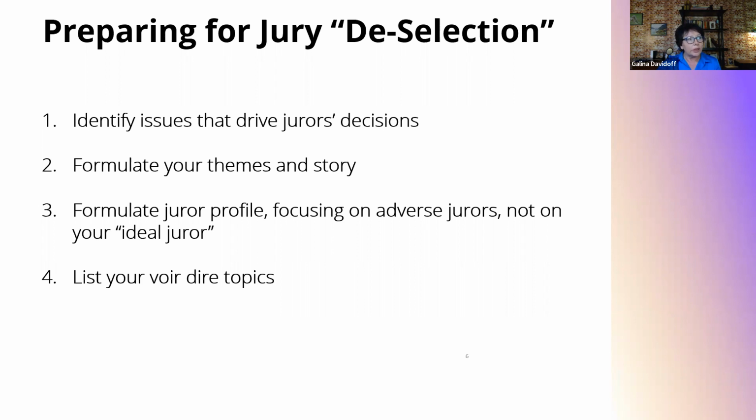And then after that, you list your voir dire topics. So your list of things that are important is probably going to be about 5 to 10 kind of general topics. Litigation experience. It may be employment experience because somebody has gotten fired. There could be issues related to race and gender, and large versus small, people's attitudes to large corporations, and those kinds of things. So you list your topics, and then if we can move to the next slide,